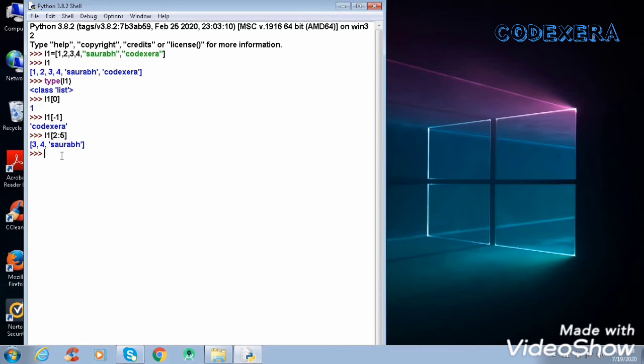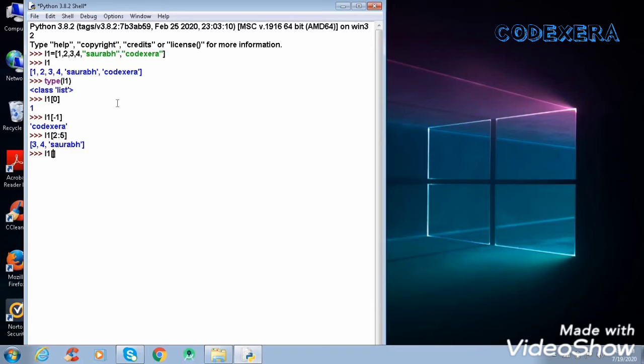One thing we can do in a list that we are not able to do in a string is assign values. We can change the value in a list because it is mutable and a string is immutable. Suppose we want to change Saurabh to tutorial.